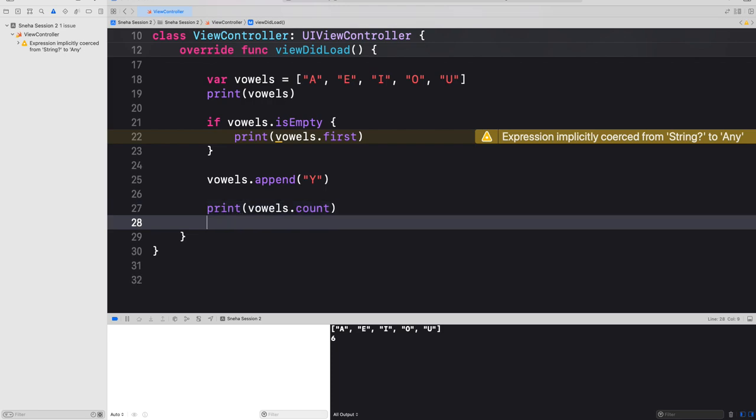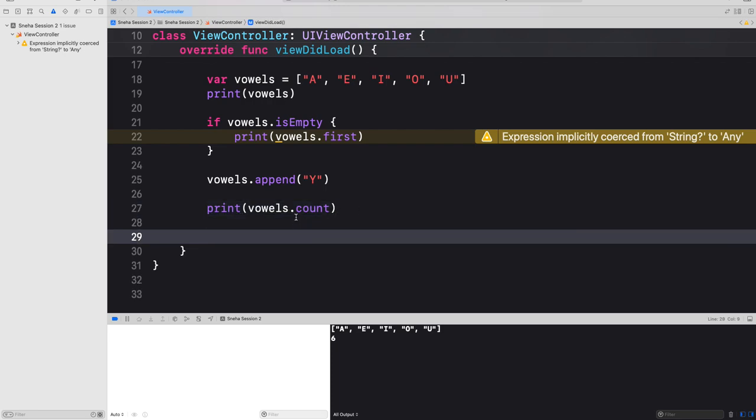Now, just one thing before we proceed. If I have to use 7, in the earlier case that we discussed, apart from optionals, there is one more way of handling it using count. So I can say that